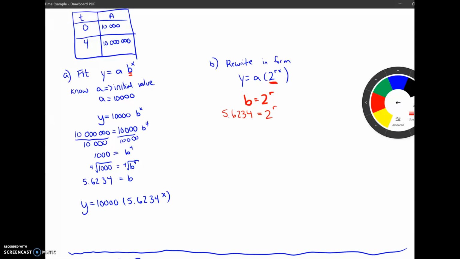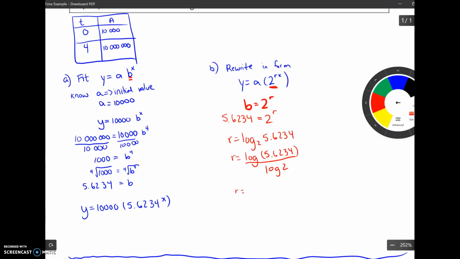Because we're solving for a value that's in the exponent, we can rewrite this in log form and then evaluate by calculating log of 5.6234 divided by log of 2. This tells me that r is equal to 2.4914 and change, and I could also fit an exponential curve that fits those two data points would